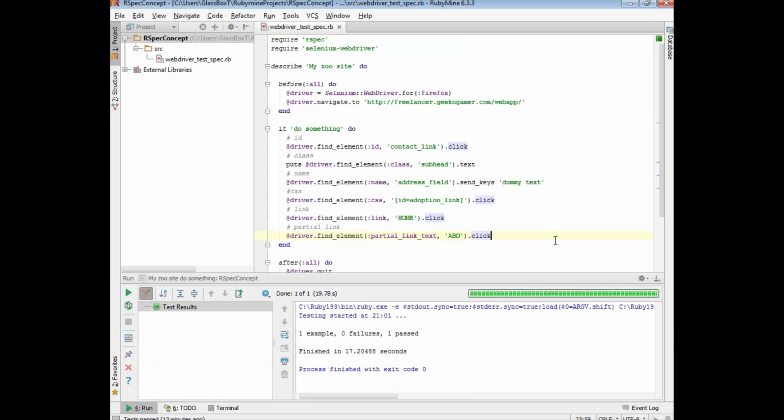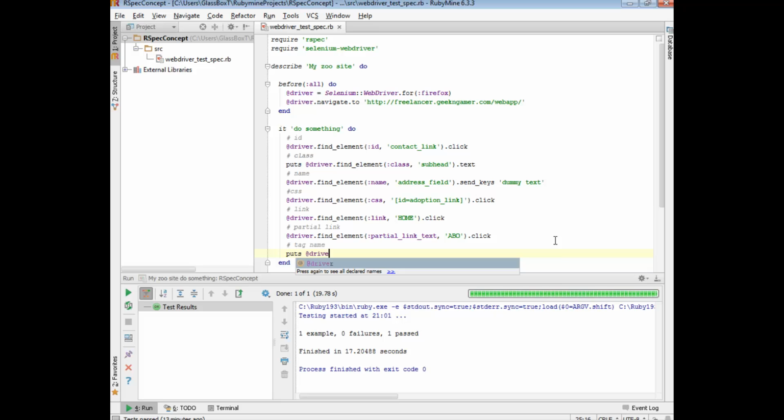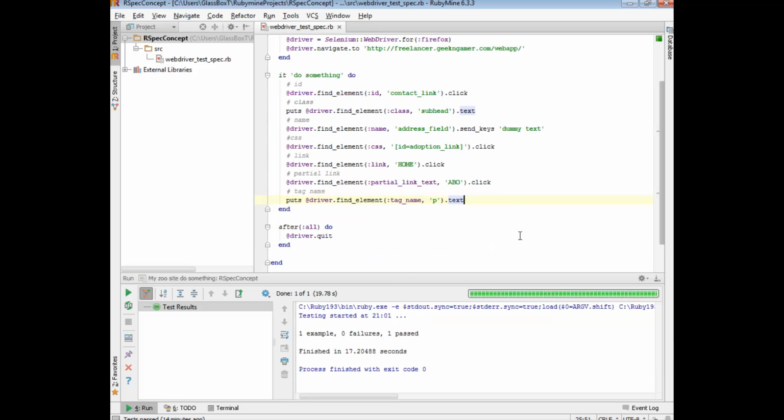So let's do that. So here we're going to try and use the tag name, and we will say, well, since we want to print something out, this puts, and we'll say driver.findElements by tag name, and the tag we want to print out by is called the paragraph tag, and we want to get the text. Okay,